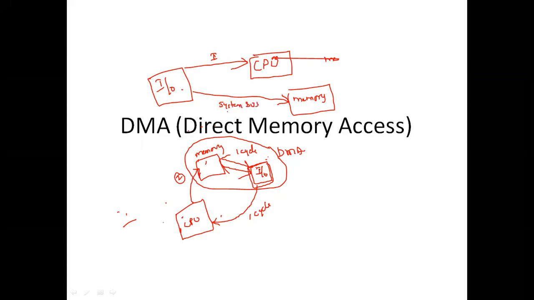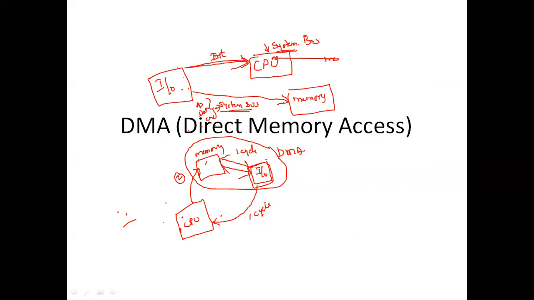The system bus is a combination of the address bus, data bus, and control bus. Totally, these three we call the system bus. In order to transfer the data from IO to memory, we need a system bus. But the system bus is with the CPU, and we can't transfer without it. So the IO sends an interrupt signal to the CPU: I want to transfer a bulk amount of data to the memory, so you release the system bus so that I can take charge of it.